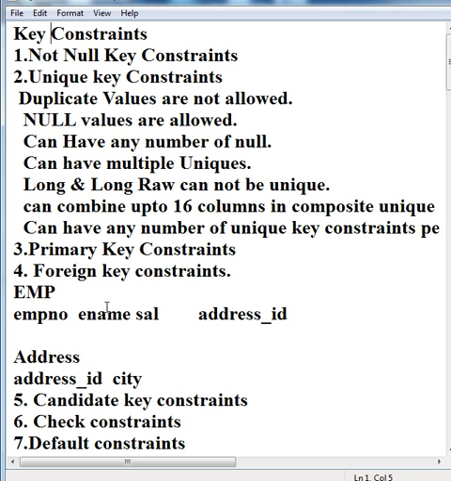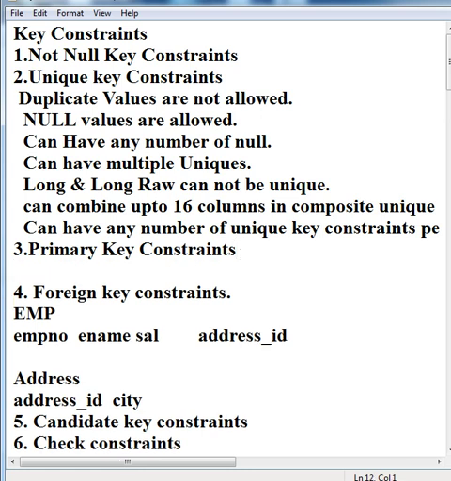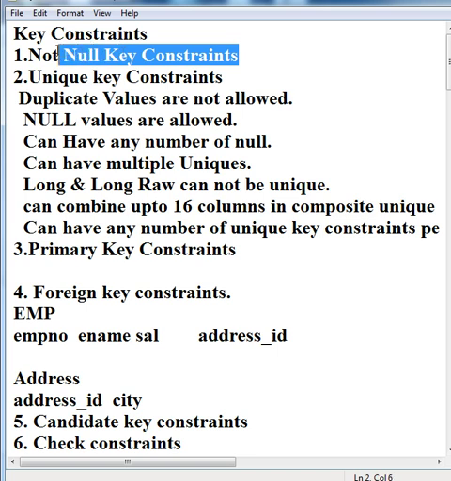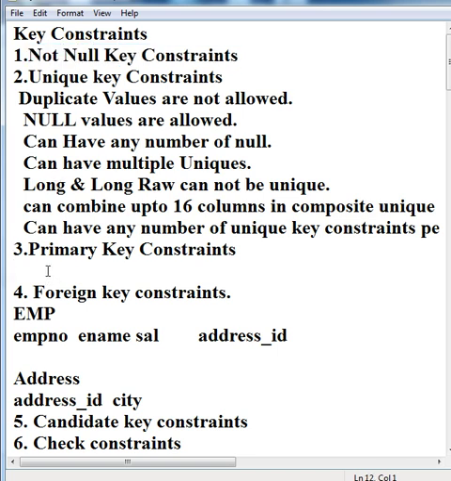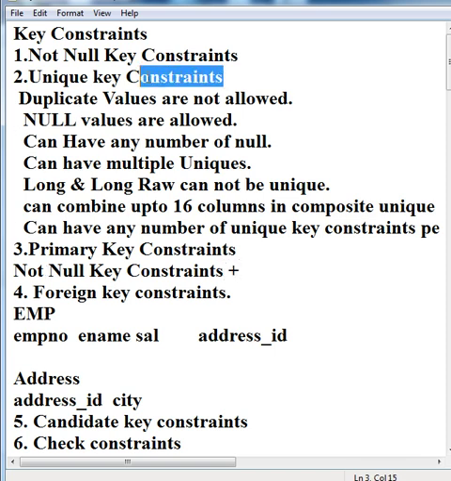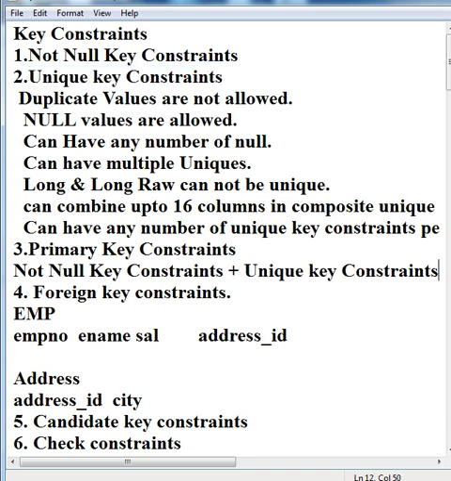Now let's come to the primary key constraint. Basically, the primary key constraint is a combination of the not null key constraint and the unique key constraint.